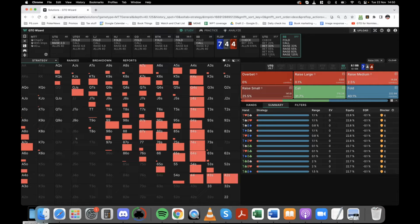So the way this range is constructed is built around 2 things. Our 4s definitely want to raise for value. It's the best way to try and get the money in by the river. Our 7s often want to raise as well, because while they'll be the best hand right now most of the time,